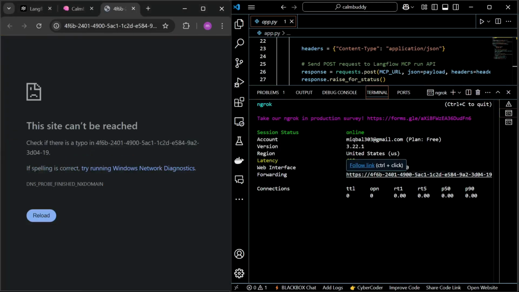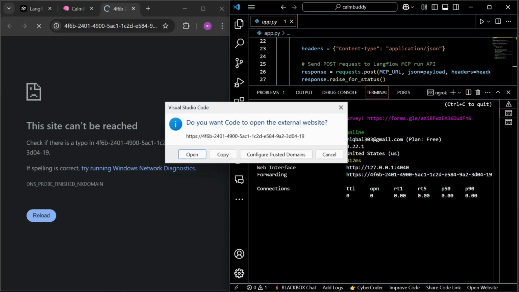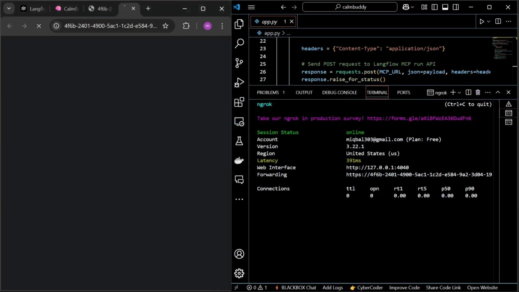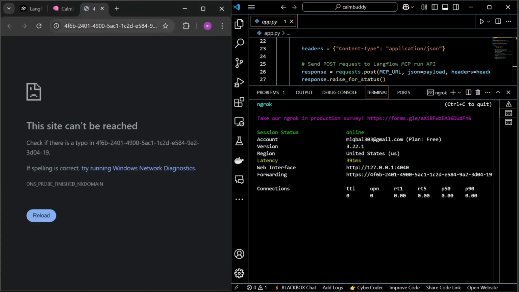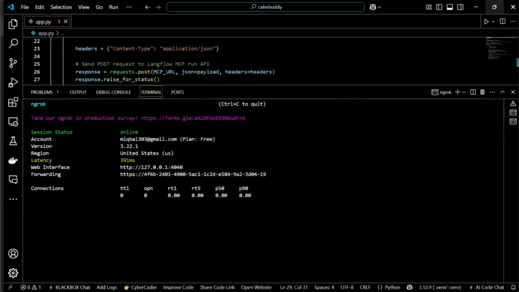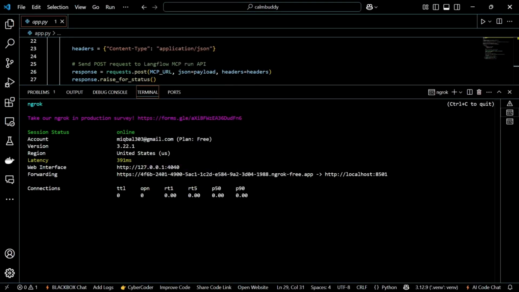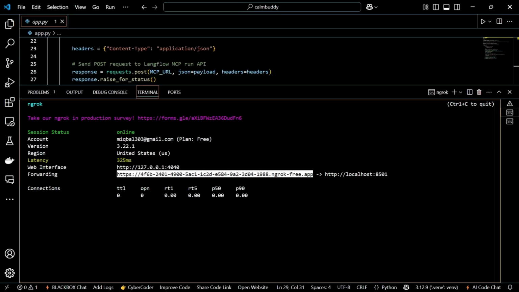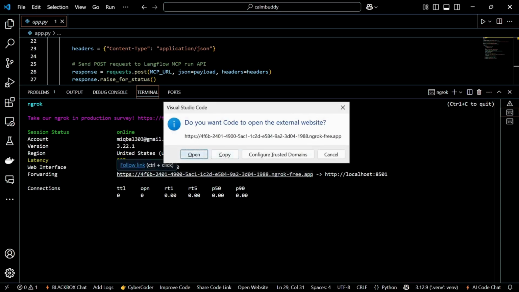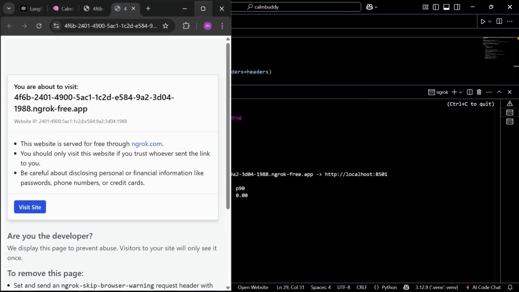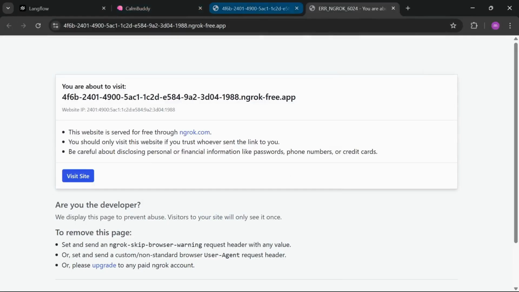Make sure you copy the correct URL. If you don't copy the correct URL, it gives an error. So that's why it's not open, just like we are showing in the left window. Now copy manually. Now it's open.